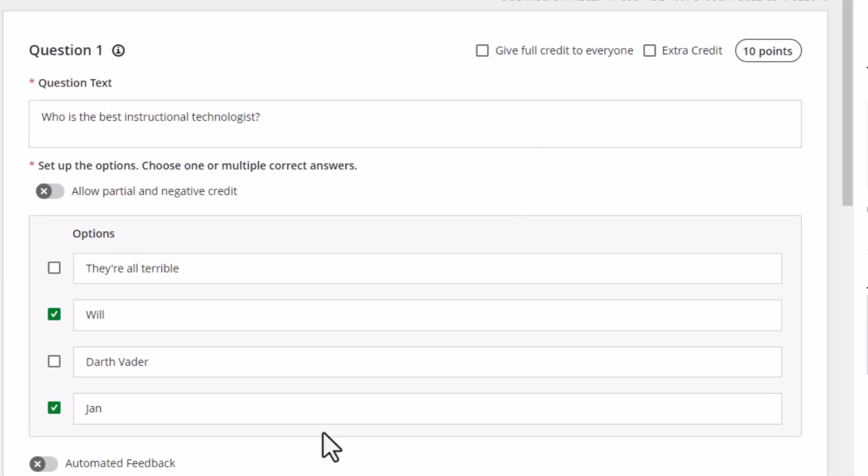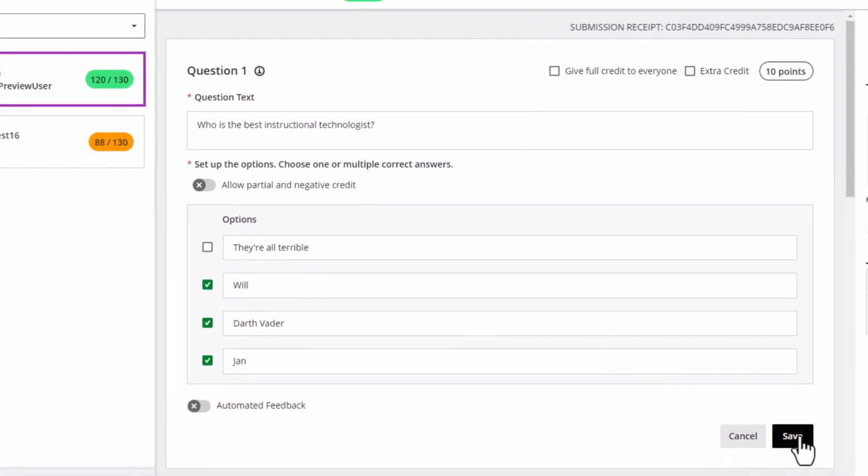And we can see our question here, and we have a few choices. If you decide the question just straight up wasn't fair, you can click this Give Full Credit to Everyone box. When you do that, everybody gets the question right. You can also make the question extra credit, but be aware that when you do that, you reduce the points possible for the test, so that may affect your grade calculations. Or you can simply change the correct answers for the test. So if we check the box next to Darth Vader here and click Save,